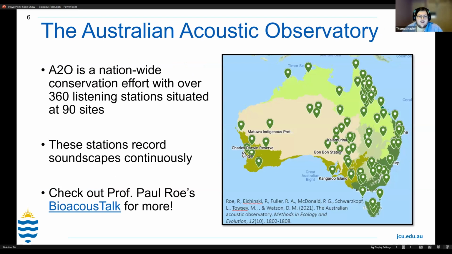This leads me to the driving force behind my study, which is the Australian Acoustic Observatory, or the A2O as we call it. When we look at these continental-wide initiatives, like the A2O in Australia, or in the US, the Northeast Passive Acoustic Sensing Network, I think it's called NEPAN,